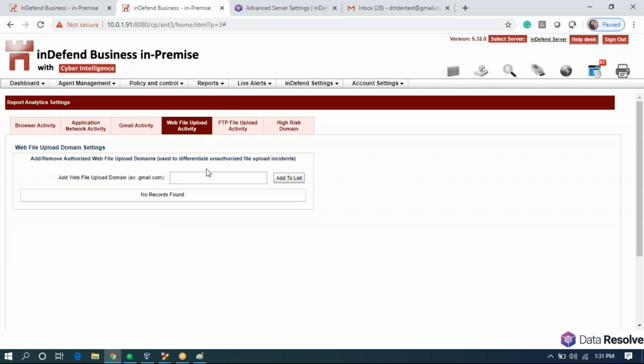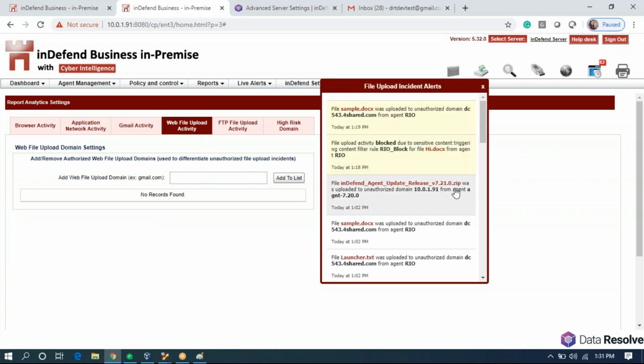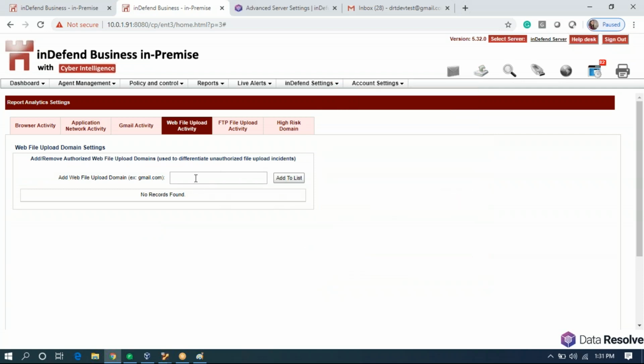Similarly, for web file upload activities, we were getting this incident of unauthorized domain. However, if you add any URL or IP over here, then that will become your authorized domain and you will stop receiving that particular incident alert for any unauthorized file upload. But these report analytics settings are only valid for Indefend Business. These settings do not work on Indefend Advanced server.